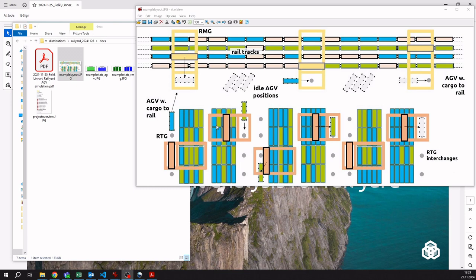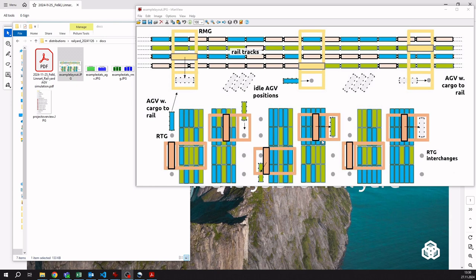So the AGV picks one of the interchanges randomly, preferably if the interchange is less utilized than other interchanges. So it tries to pick interchanges based on the utilization, but the storage blocks themselves have the same probability of